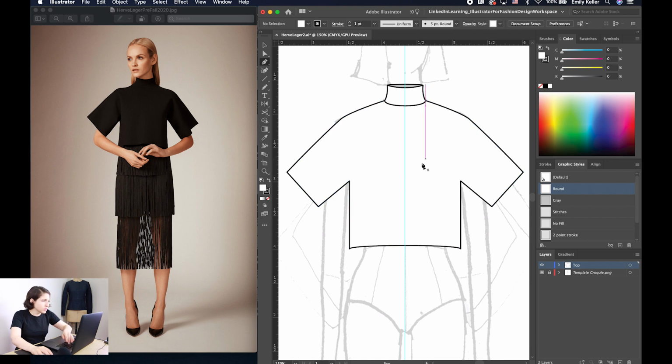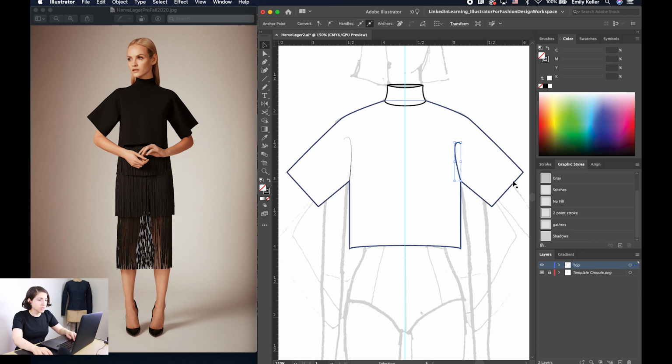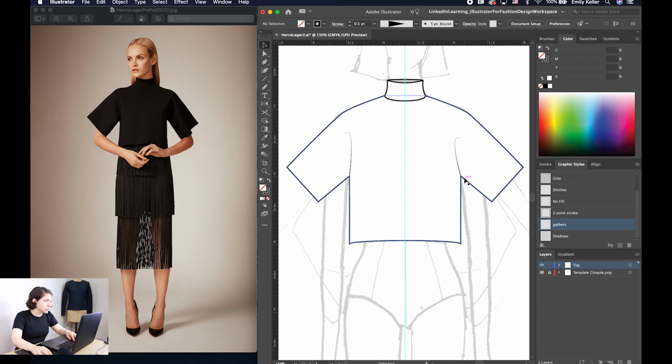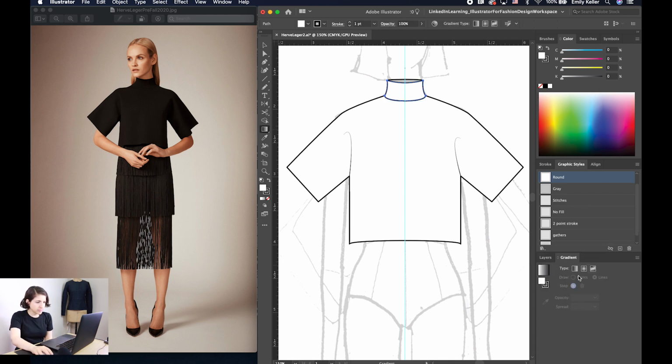So that's that, and then I think we'll put these sort of large creases, and I like to do these separately because I think it's nice when they're not 100% symmetrical, a little bit more like a real garment, a little bit more natural. And then for this, you know, what did I do? I did a gradient type,